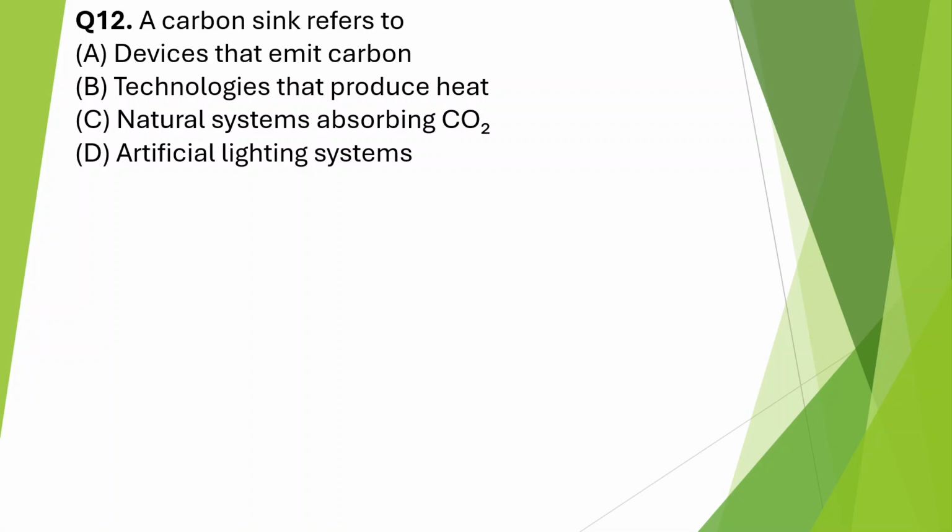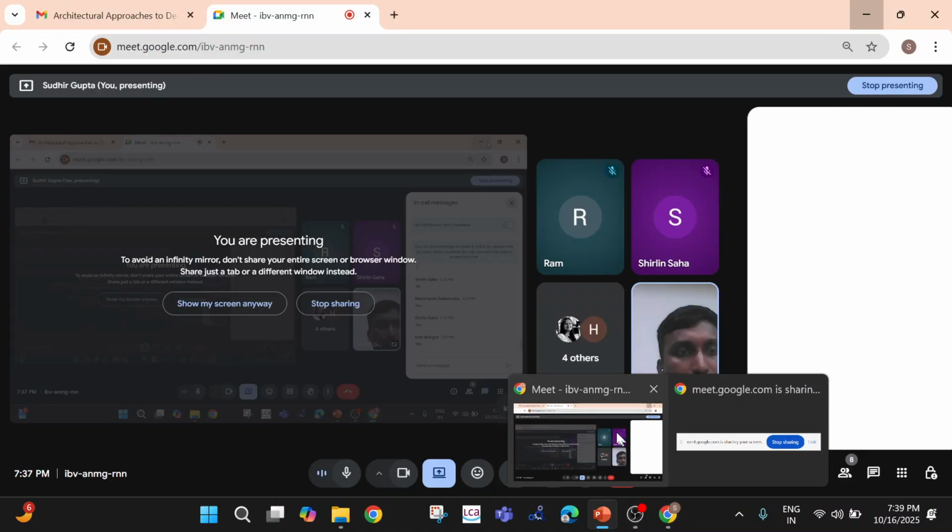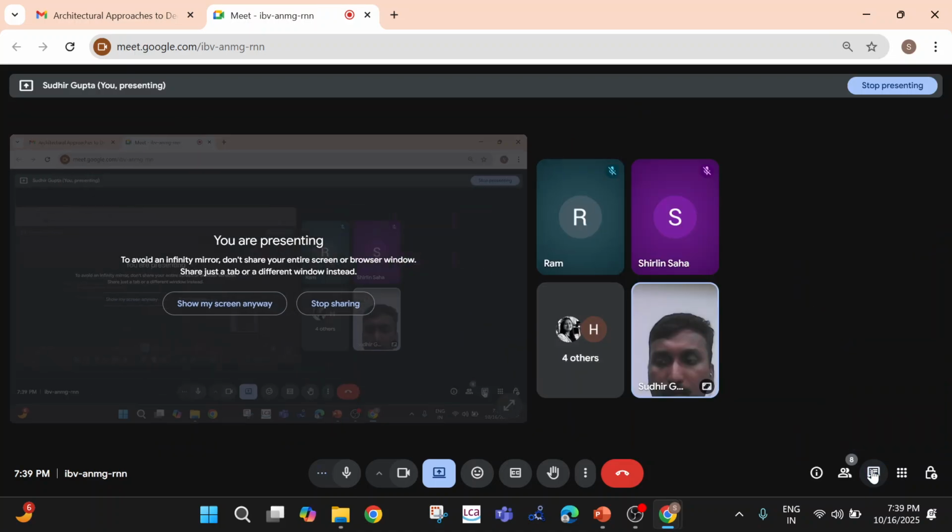The concept of carbon sink was... Yeah, as I can see now, many of you have added your point of view for this question number 12,